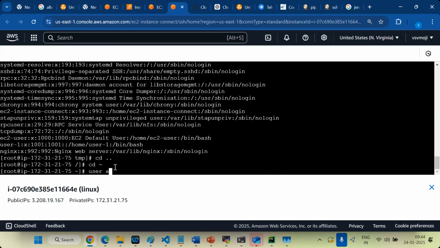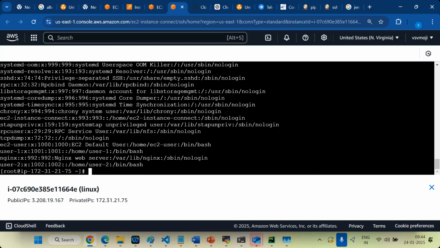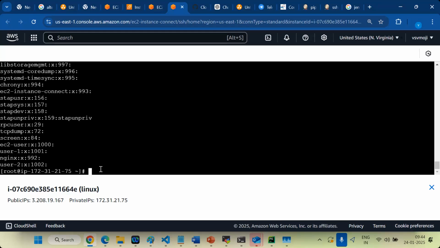useradd user2. So you can give cat /etc/passwd and user2 is also updated. Check the list of users, and this is the path where the user is located. This is the user ID, group ID. You can give cat /etc/group also, groups or group, let's see. We can see the list of groups. These are all individual groups only, right?